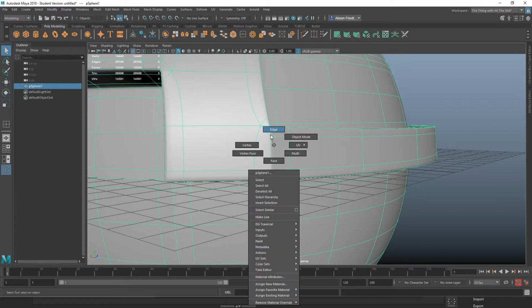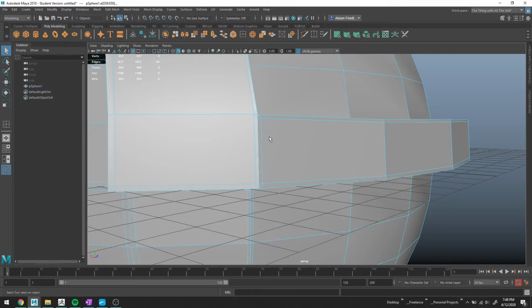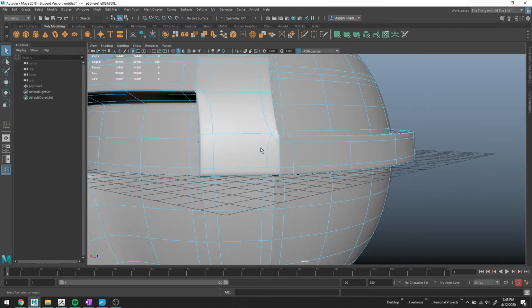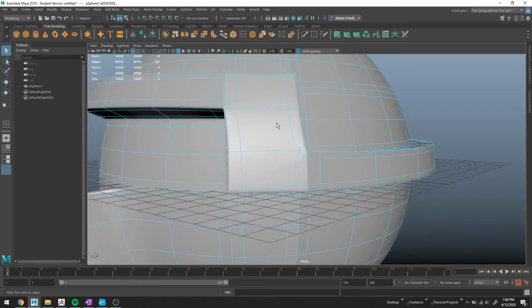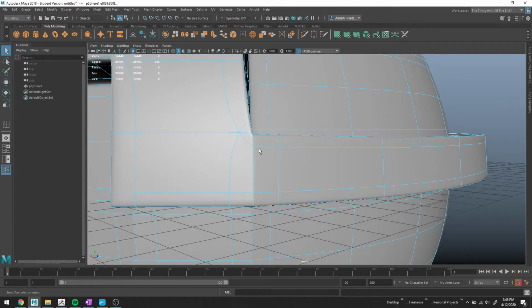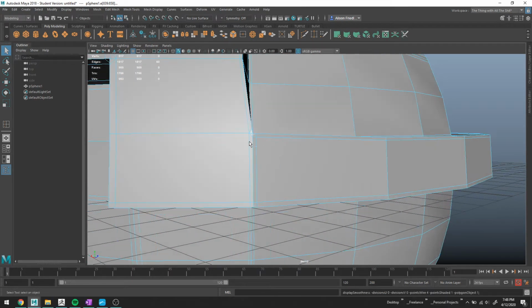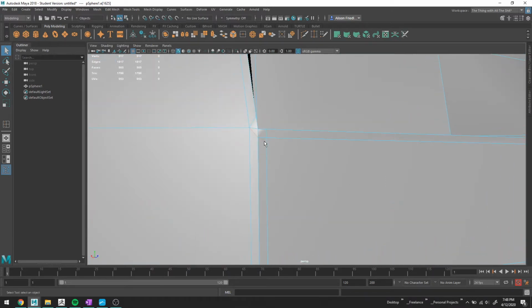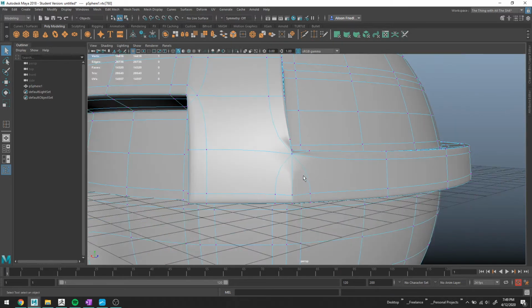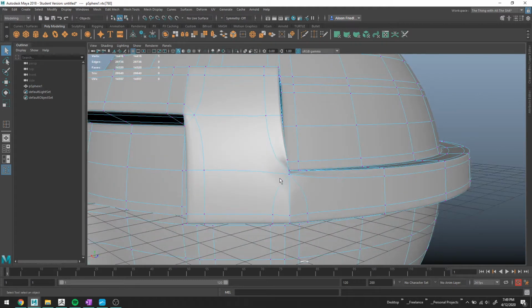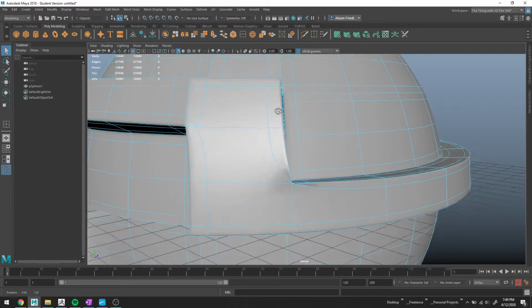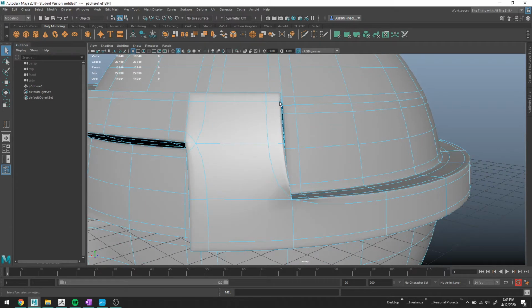So that pretty much takes care of this section here. Now we need to go through and figure out what to do in this area down here. And this is where stuff usually tends to get a little weird. You end up kind of winging a few things. Don't super worry about it, honestly. So what I'm going to do is go ahead and merge these vertices the same way I did before. You'll notice when I do that, it does make some pretty disgusting looking pulling, and there's a few ways to handle that. This sort of shape of loop is usually much easier to deal with than these,